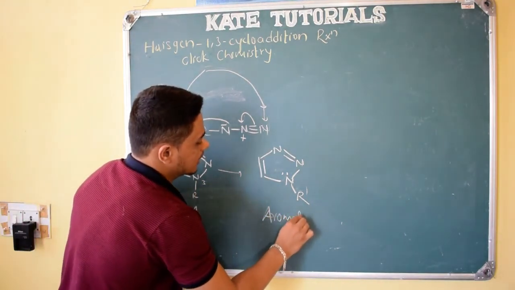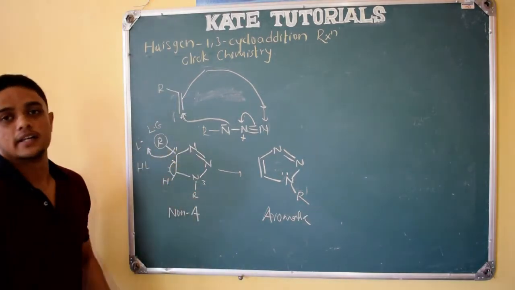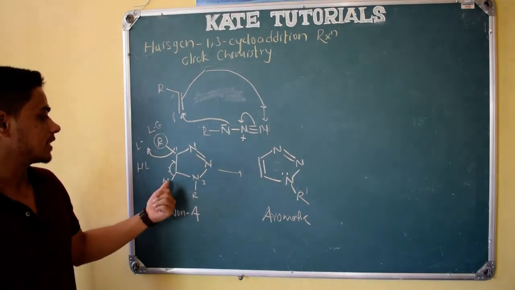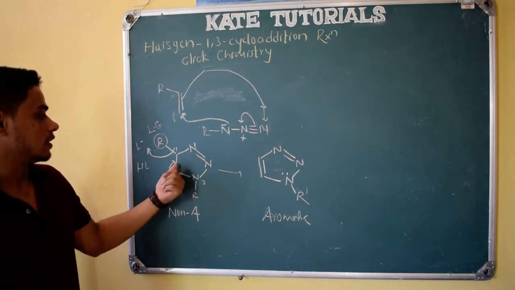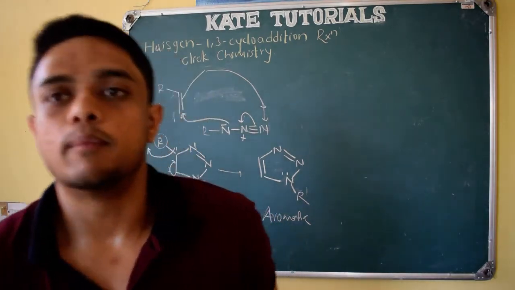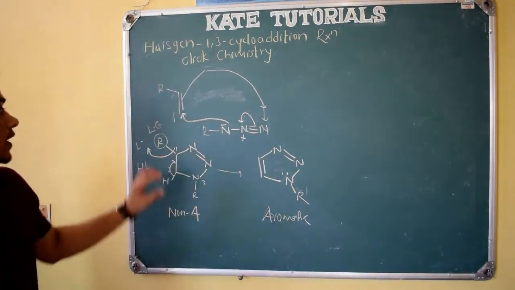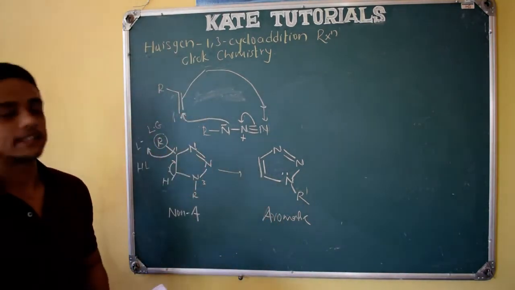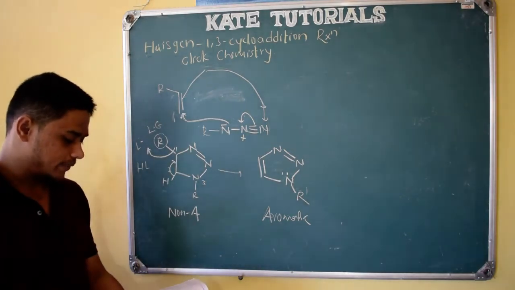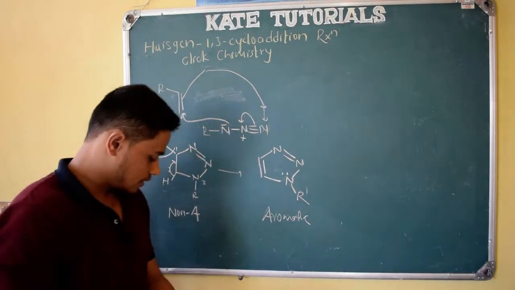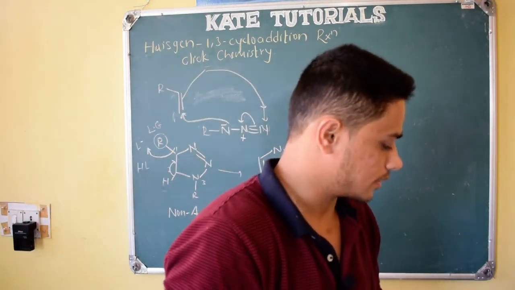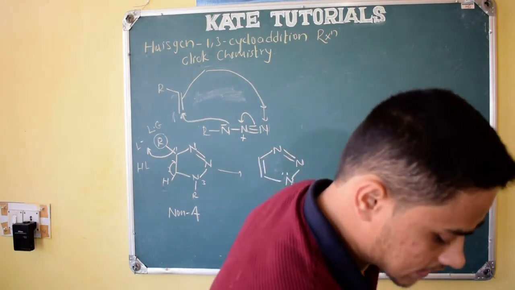Why did it become aromatic? Because here the leaving group was there, it took the electron density with it, and also a proton as H plus, and this electron density shifts as a pi bond, so we got an aromatic compound, right? So if a leaving group is there, we will get this kind of species also, right? This is all about click chemistry. And here you can see one more example. This is also a simple example. Let us see this.